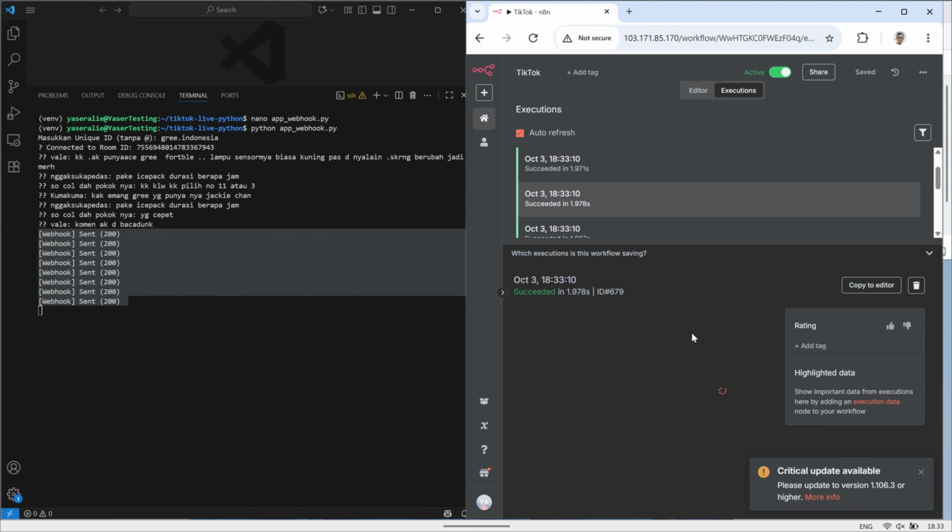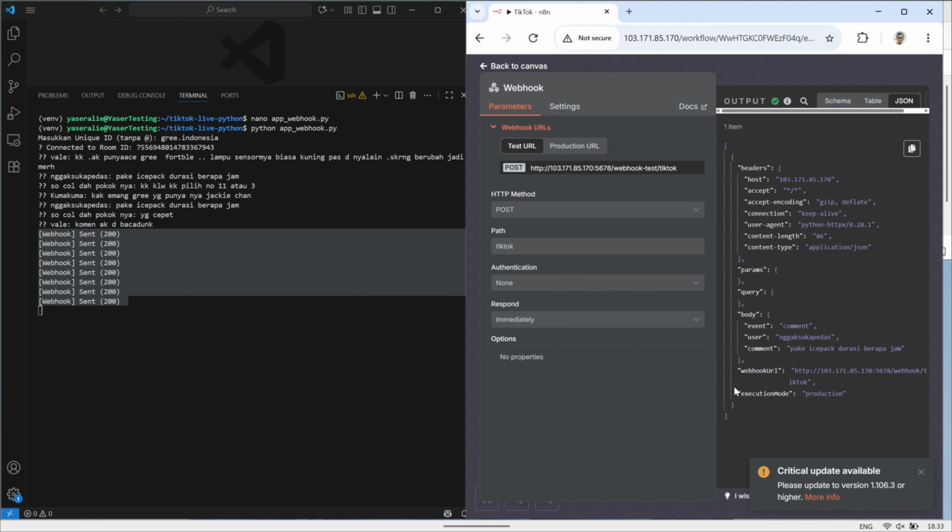So, to wrap up, we've just learned how to use Python with the TikTok Live library to capture real-time events from TikTok Live, and then send those events into n8n through a webhook for further automation. I hope this tutorial gives you a clear idea of how you can build your own integrations and creative projects